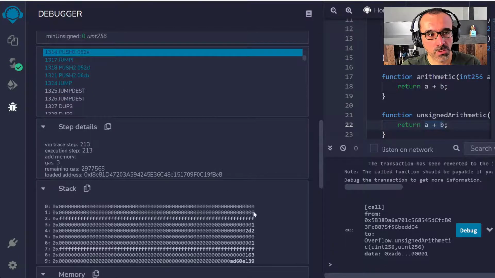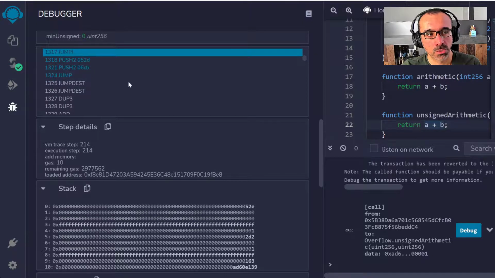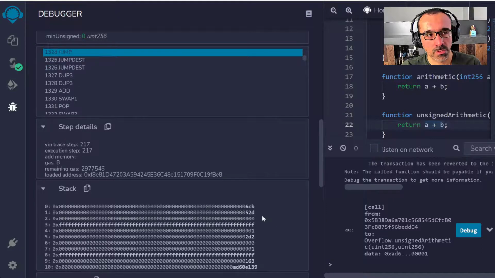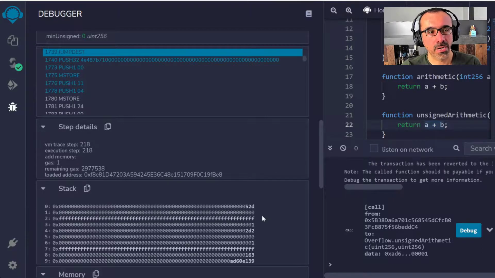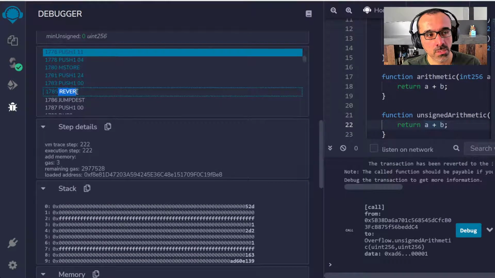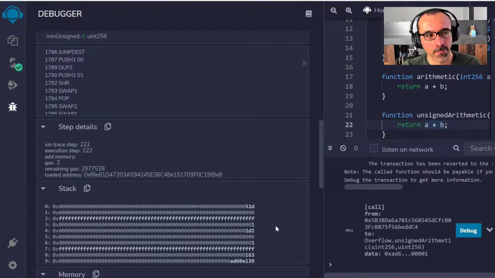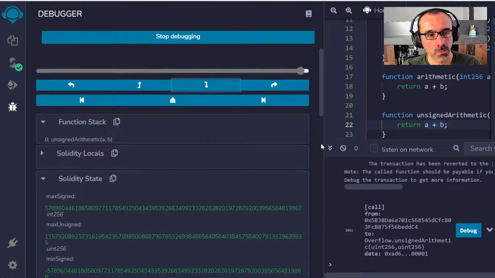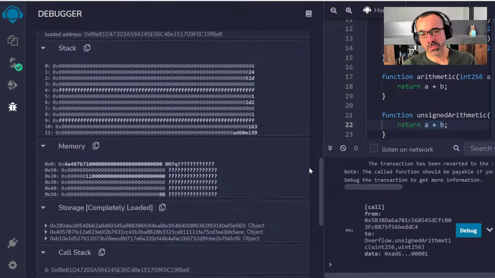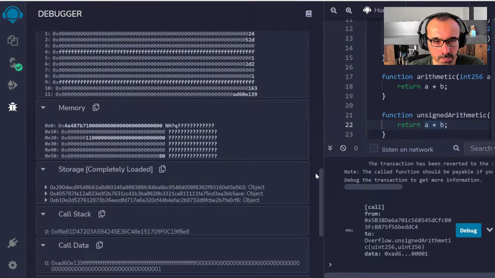No, so we got 0 here. The address will be pushed but the jump will not take place. Since the jump is not taking place, I'm going toward a different branch of the code, and this branch eventually will head me into the revert. Sorry, you can't do this because you haven't passed the precondition check. Perfect.